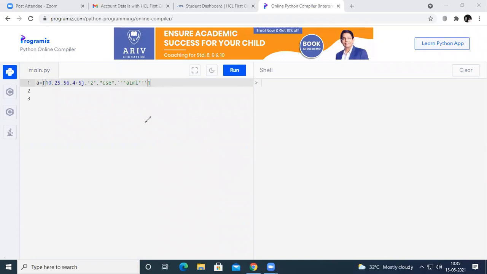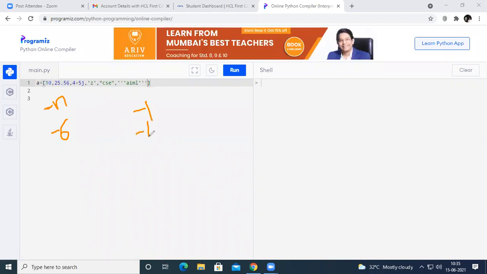Now, at the same time, list is also going to support negative indices. So the last value will have the index of -1, and the first value will have the index of -n, where n is the number of elements in that list. So here there are 6 elements. If you want to access the first value inside the list by using the negative index, you can access it by using -6. And if you want to access the last element by using a negative index, you can go for -1. So this is how the elements in the list can be stored.